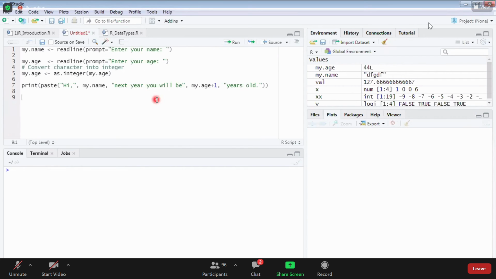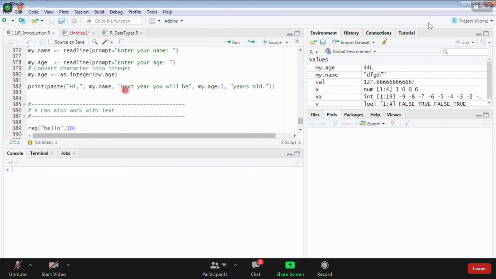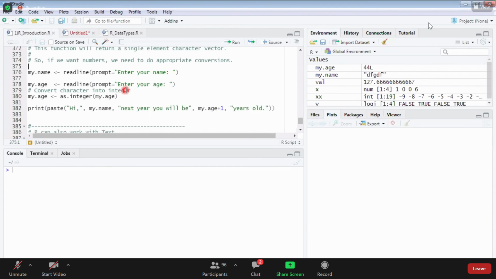Sir, can you share this, all the inputs and syntax? Once this file is complete, I will share the complete file. Once I'm done up to the last, I will share. If I share at the beginning, you will not listen. All materials I'll share in the WhatsApp group for now, and later I will upload them in Moodle also. If I share now, you'll just scroll it and not listen. That's the thing.